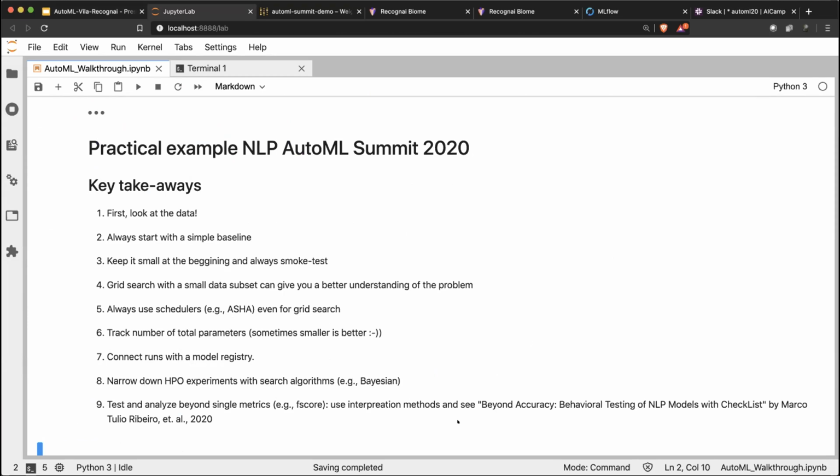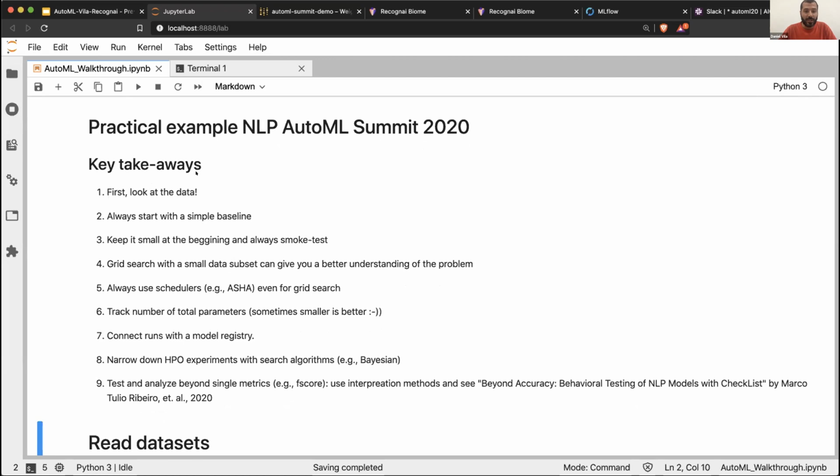Yes, looks good. Okay, so I will not be running a lot of code, or any code, but I will be showing you the different steps for doing HPO for this task. Just to make sure that you get the key takeaways from this part, because then I will go into many details and I don't want to forget, and maybe we won't have time at the end. So, some of the key takeaways of applying these techniques that we found during our projects: